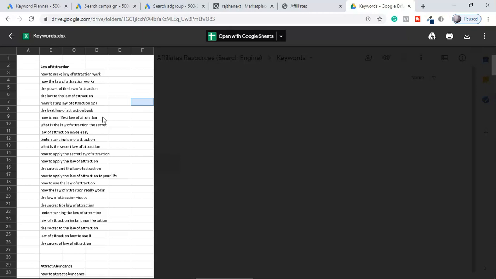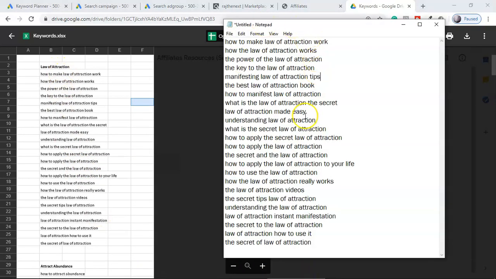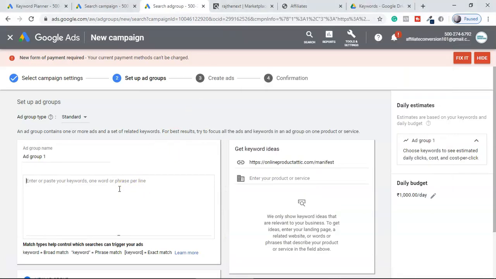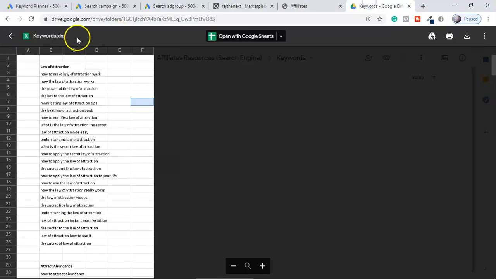That is the key of running any intent based ad like a Google ad. So for right now, I'm going to take all these keywords into a pad. Here you can see this, and because this offer has already given me the keywords, I can copy all of these keywords and put them in one ad group, and I can name this ad group as targeting for law of attraction. And I can create another ad group targeting some other